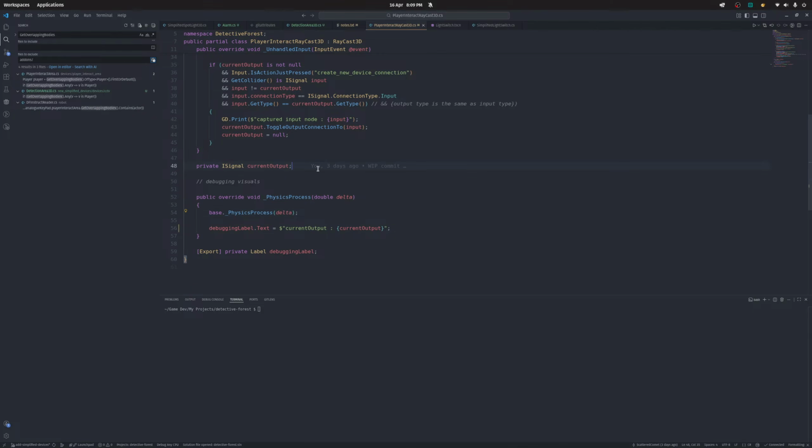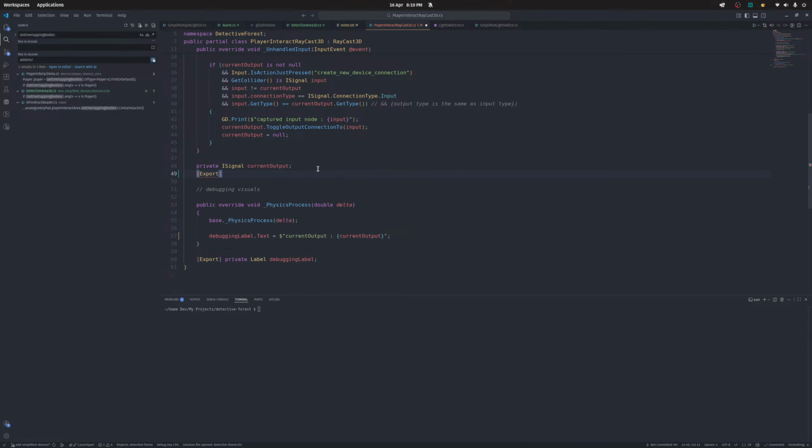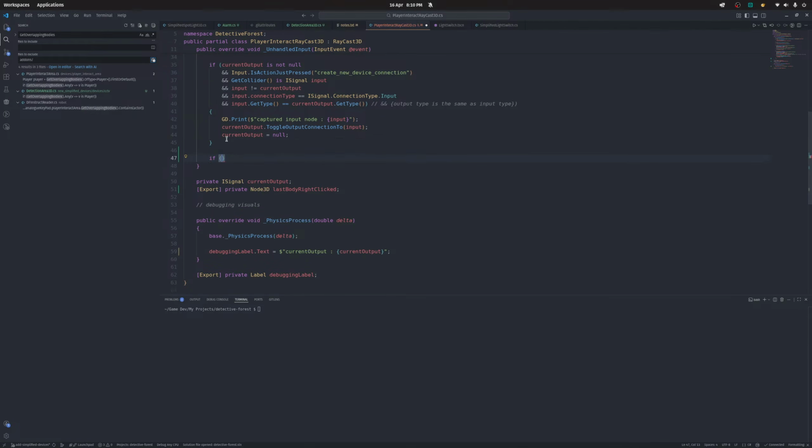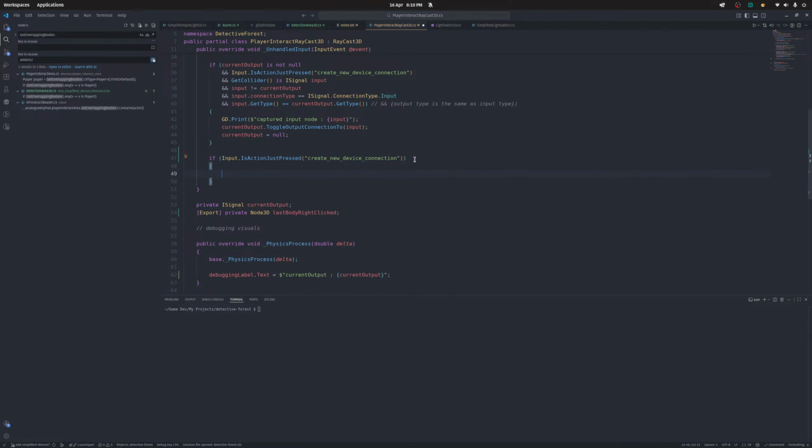Yeah, I think this would be great, to just go export private iSignal, Node3D, last body right clicked. And then I at least know if something's happening. So I just go if input. Yeah, I just copy this line, right? Okay, we just go